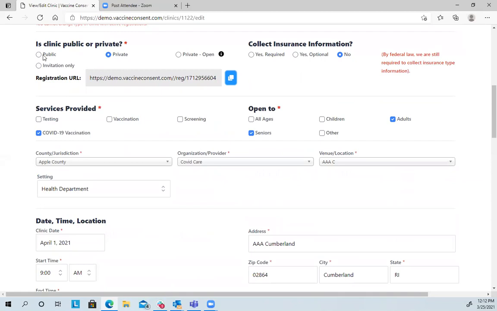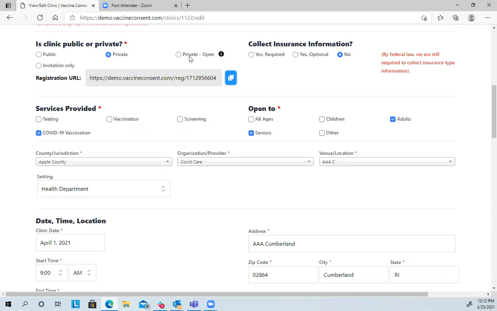A public clinic means that when the clinic was created, it would show on a public page and anybody could sign up. A private clinic means that a special URL was developed for that clinic that was shared among many patients so they could go in and sign up. A private open clinic, if you see that designation, you need to look for that under the all button because that does not have a specific date.